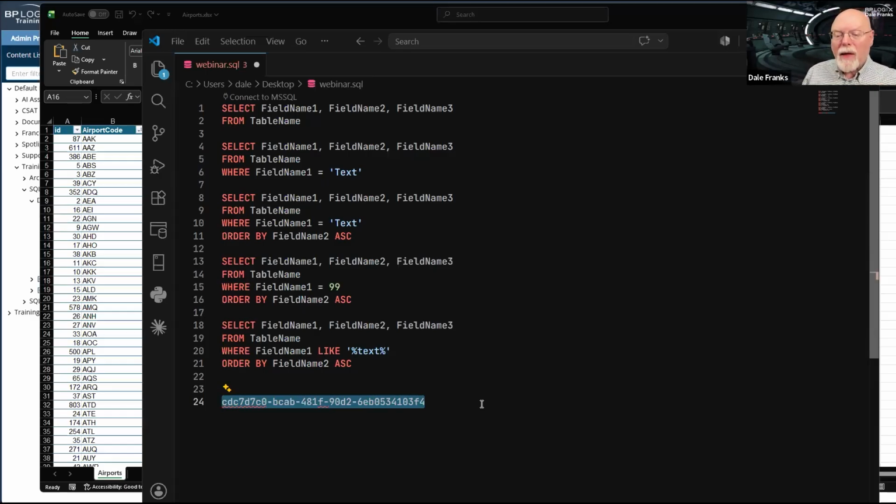Just keep in mind that if there's some sort of technical support issue, you may run across this. You need to understand what the GUID is and how it works. Every object in Process Director, every form, every process timeline, every user, every group, every Active Directory sync profile that you create, everything is assigned a GUID as its primary key in Process Director. So just keep that in mind.